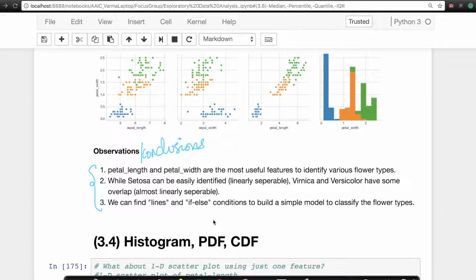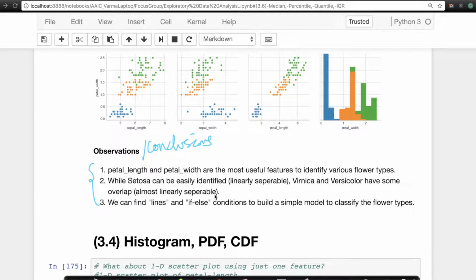If you cannot communicate your results clearly in easily understandable terms, then all your data analysis will never be actionable for the teams that you're doing this analysis for, or for the businesses that you want to improve. So I want to double down on this: any data analysis that you do as assignments or in general, whenever there is a conclusion that you've understood, please write it in simple English with an observations or conclusions tab just underneath it, because many people may not know what a pair plot is, but as soon as they